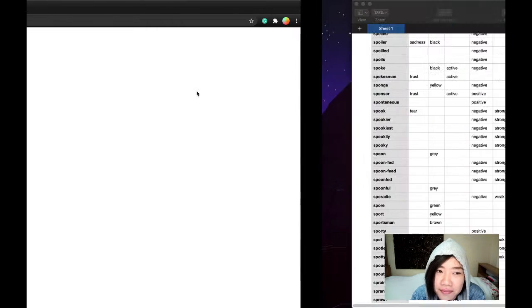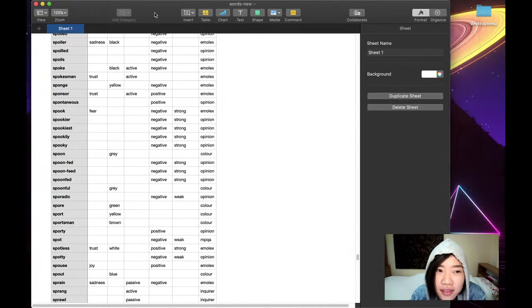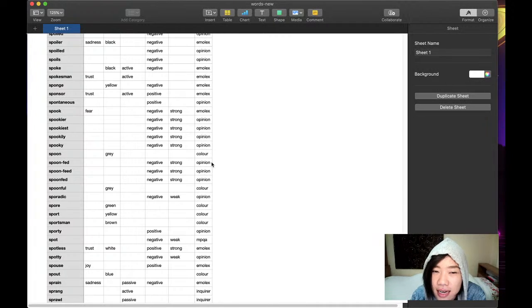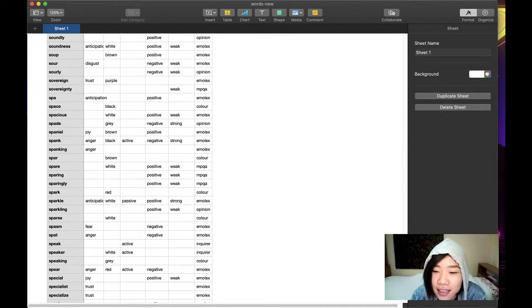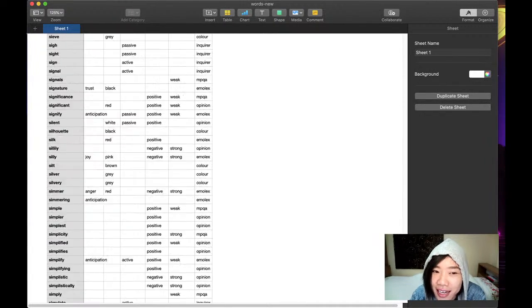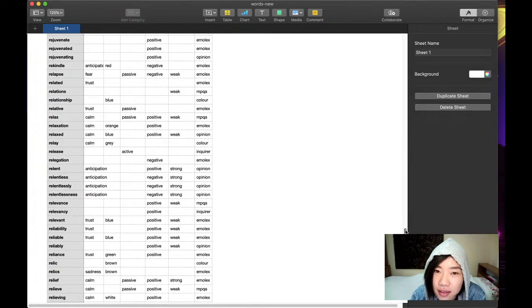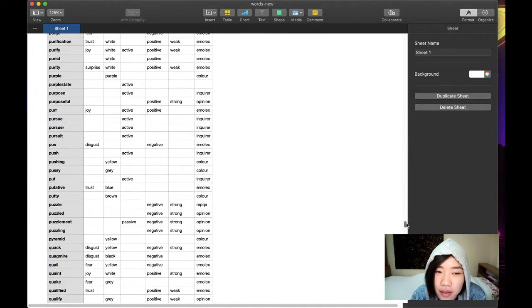Okay, be patient. While it's loading here, it looks nice because of the numbers on Mac, which make the table look so nice.